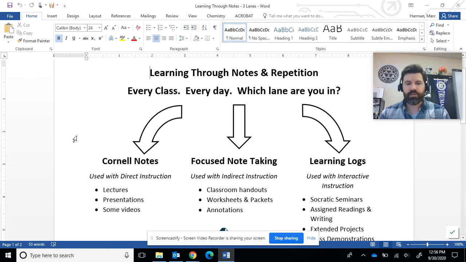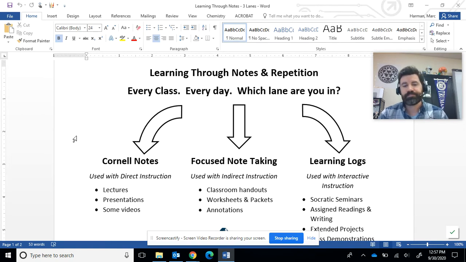And just as a reminder, when you are in class or when you're at home learning, either one, it's important that you are continuing to take notes over the material. And how you take those notes depends on the way that the material is being presented to you. So, for example, let's say your teacher has given you an Edpuzzle video over a lecture that you're supposed to watch. Well, lectures traditionally work really well with Cornell notes. And so, in that case, you're going to want to make sure that you are having a notepad out in front of you, or maybe a Word document out in front of you, and you're taking notes Cornell style